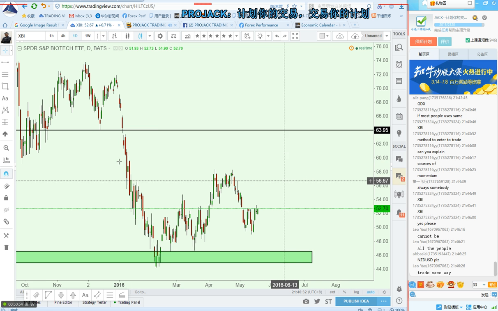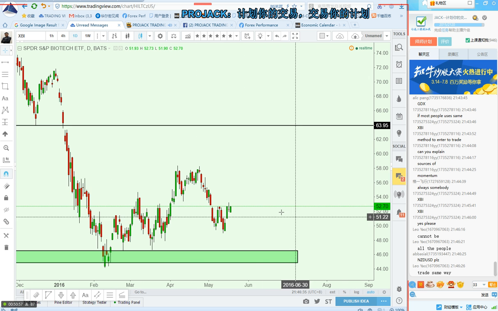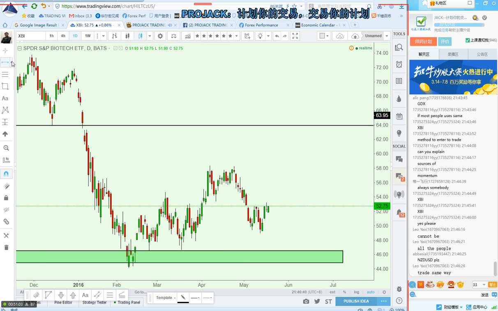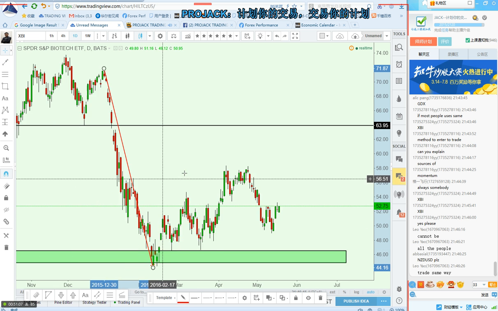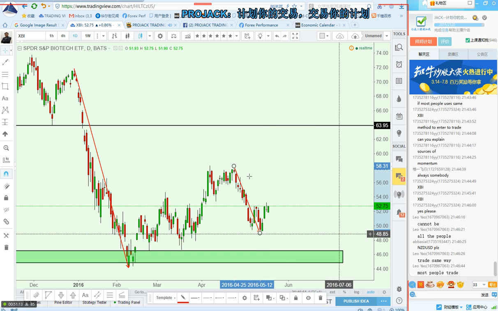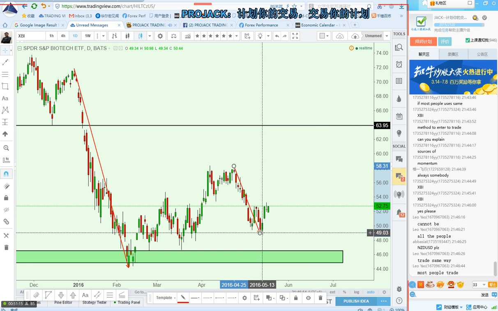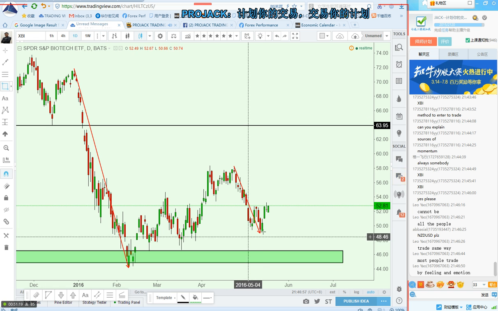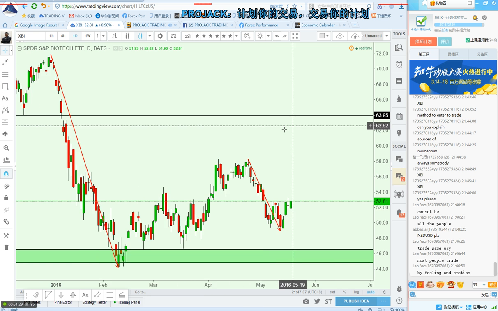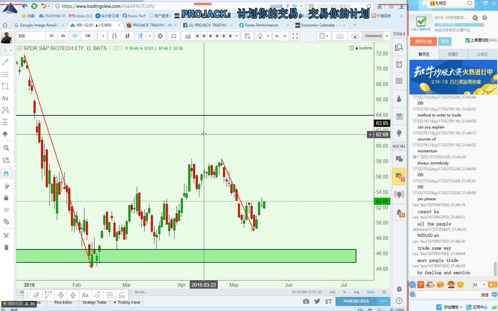Right now the price is sideways, but something interesting we can see is the price is doing a second try of selling. This is the first wave of selling. The second wave of selling is here. The sellers are trying to sell another time, but it failed to make a lower low. So there is potentially a 2618 trade, which I will teach in my course, or share with you maybe someday in the future.